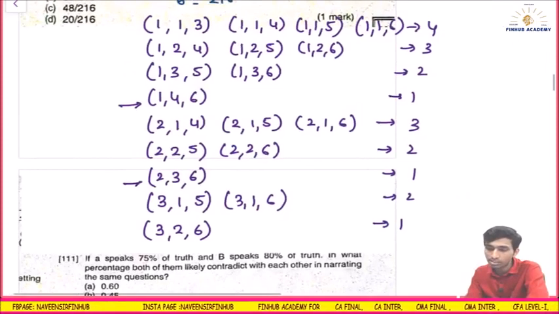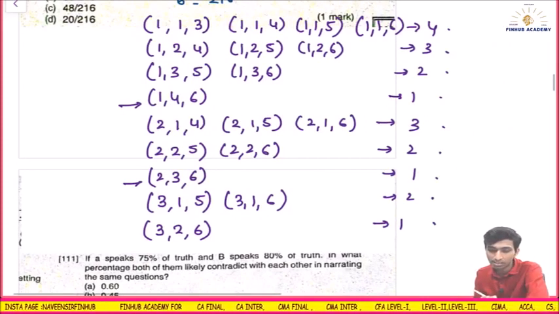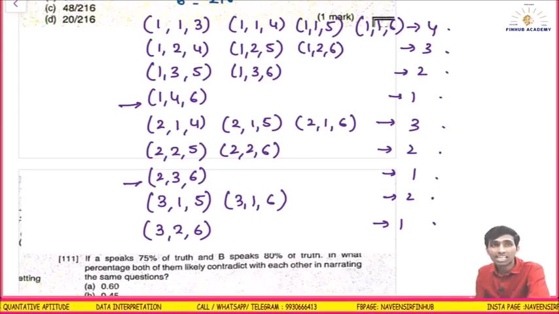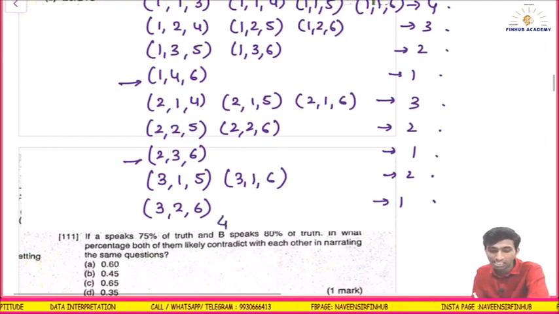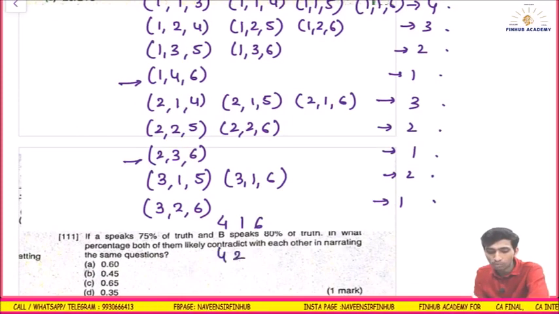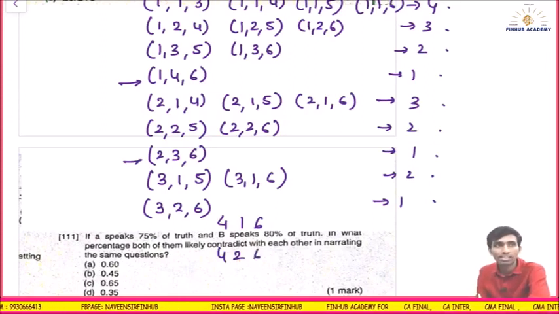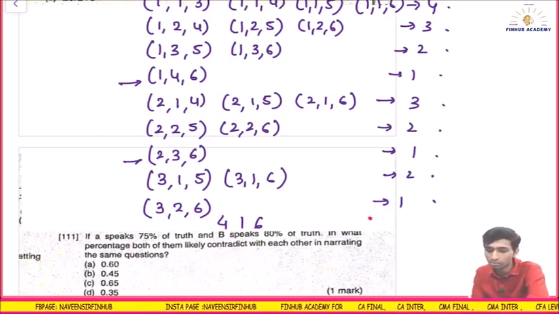So how many total numbers? 4, 3, 7, 8, 9, 10, 13, 15, 16, 17, 18, 19. Did I miss something? 1, 2, 3, 4, 5, 6, 7, 8, 9, 10, 11, 12, 13, 14, 15, 16, 17, 18, 19. The last part is missing. The 4. I can start with 4. After 4 I can have 1. So 4 and 1 is 5, so I can have 6. I can't have the 4, 2 series. Why? 4 plus 2 is 6. Again if I take 6, that will be the maximum, right? So I can't take that. So this is one more number. So total number is 20.